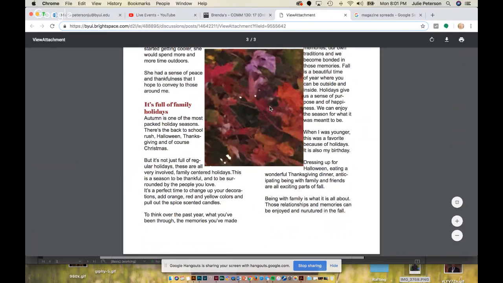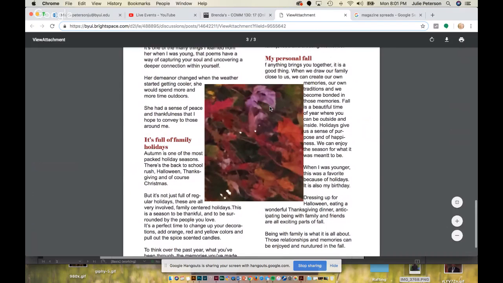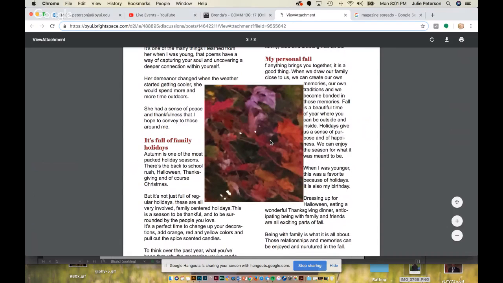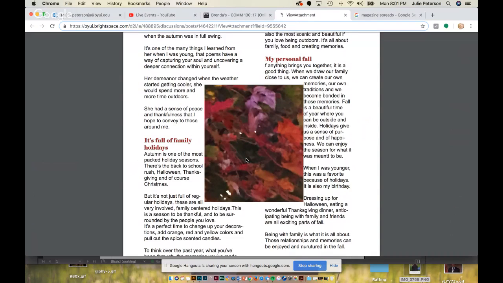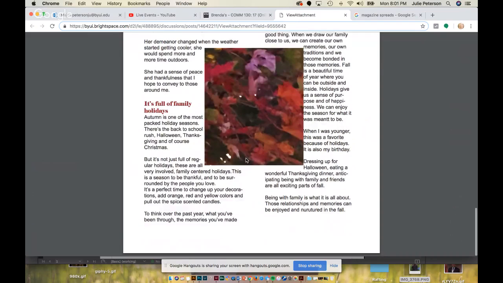And this image, is it pixelated or is this a painting? It just kind of looks like the image is poor quality. So make sure you have a high enough quality image. If that's a painting, just let me know by posting the original in your project report, okay? So those are my suggestions.